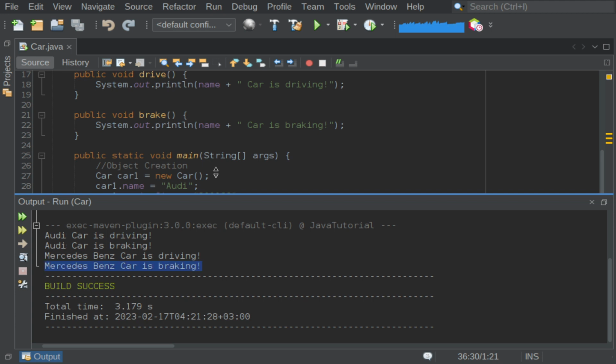So what do you learn from this? What you learn from this is that we only wrote the code for driving and braking once, but we have been able to use it for the Audi car and for the Mercedes-Benz car. We only define the attributes, the name, the engine size, the color, and the weight only once in the Car class, but we have been able to use them on both the objects, the Audi and the Mercedes. This reinforces the Don't Repeat Yourself programming principle, avoiding repetition and having reuse of your code, which is